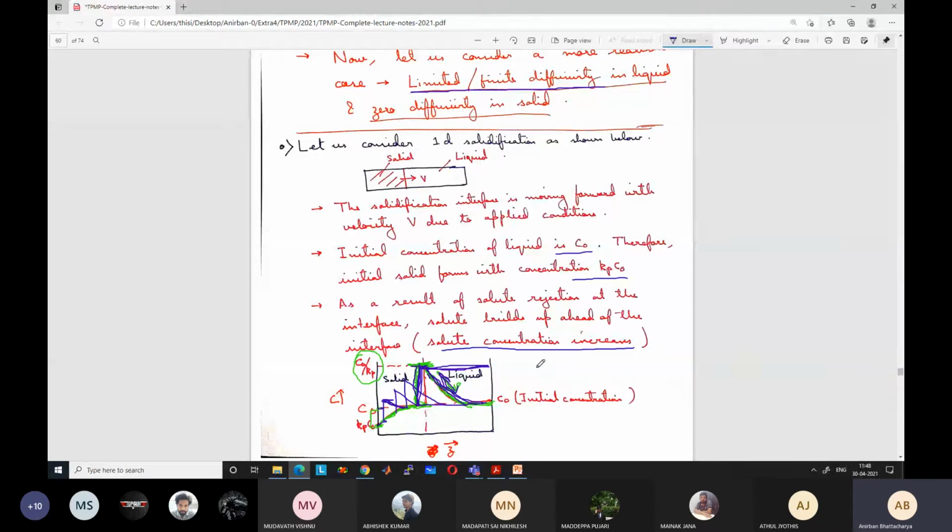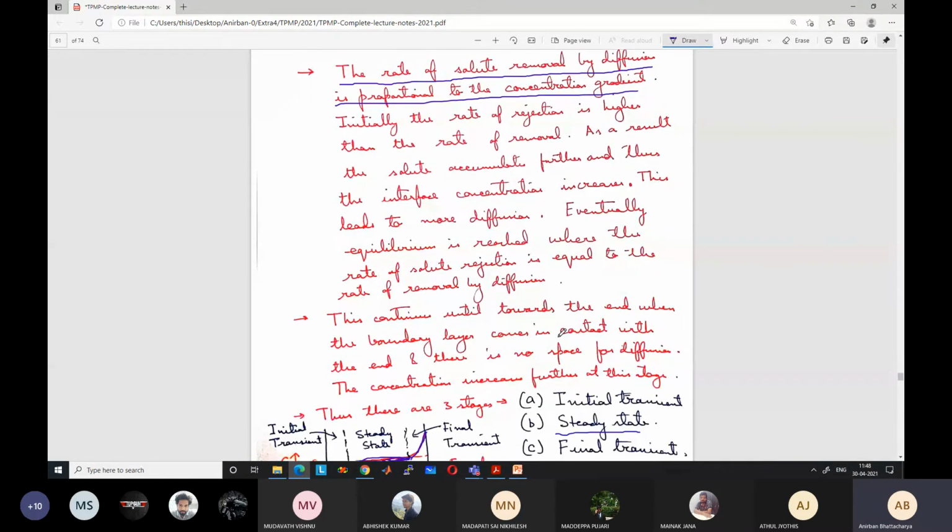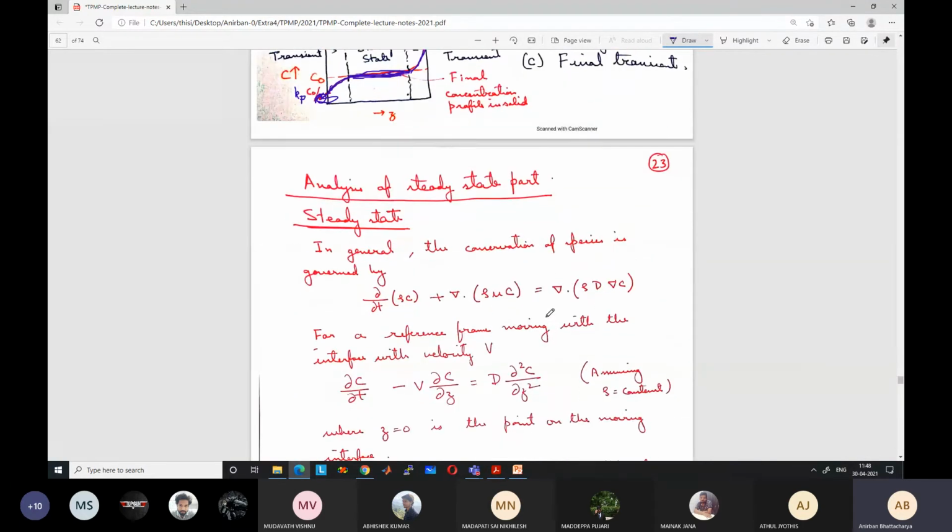As a result of this limited diffusivity, the gradient is set up in the liquid also. If you have a very small liquid region, you can ignore the gradient. But for a typical long region, more than a few millimeters, you have to consider that there is a gradient in the liquid. We have seen this also from simulations. Today I don't have time, otherwise I would have shown some simulation results from our cases. We can simulate this type of solidification, as our students are doing, and see the concentration gradient. Is it clear?